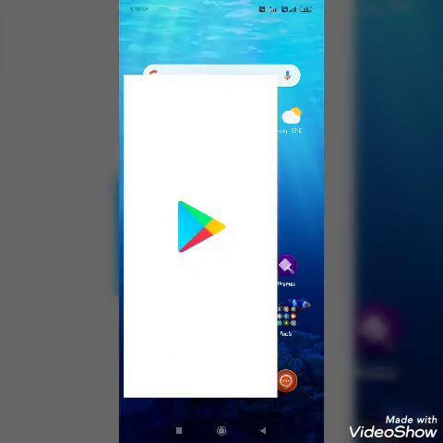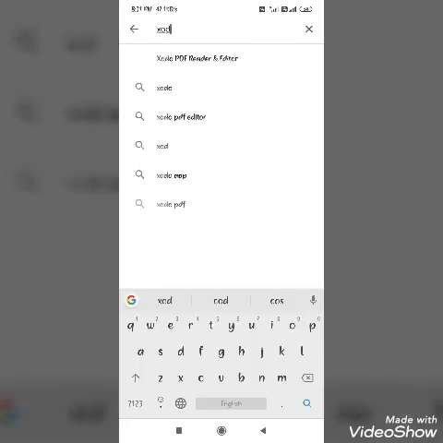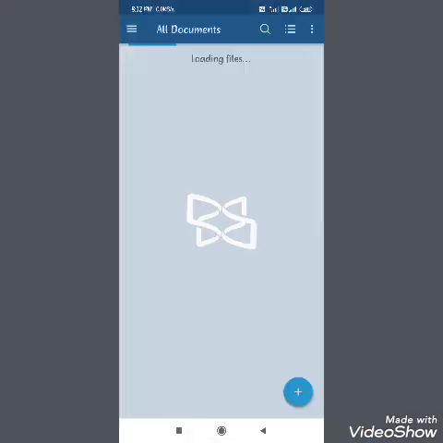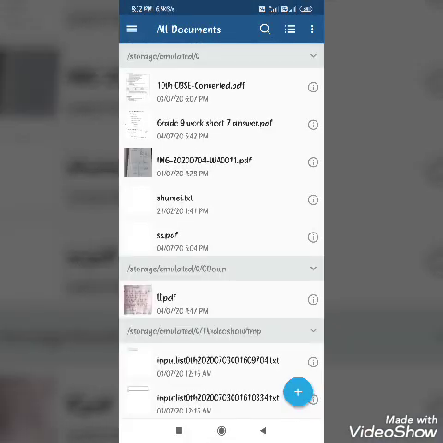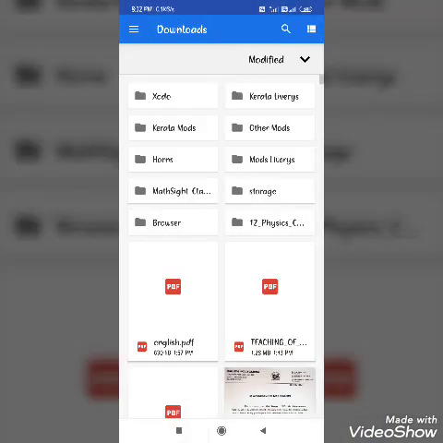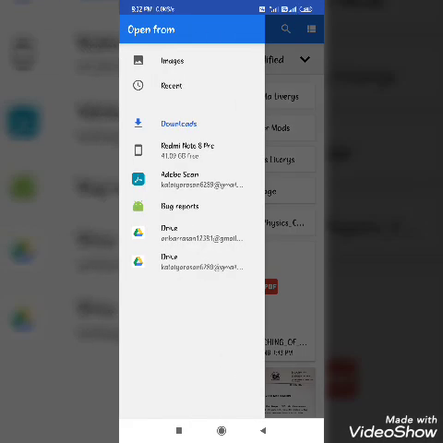You move to the Play Store again, and you have to download the Zodo app. Is that ZODO? So this is the Zodo app. Already I installed. You give open. After installing it, you open it and click the menu button in the left corner, go to Google Drive, and select My Drive. Where you have to save it, you select My Drive. So again I click that menu and go with My Drive.